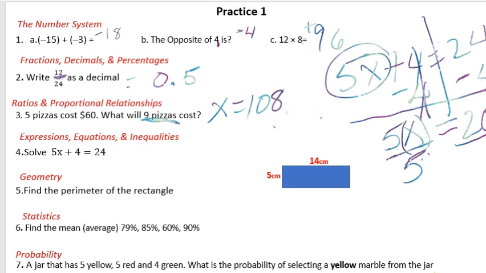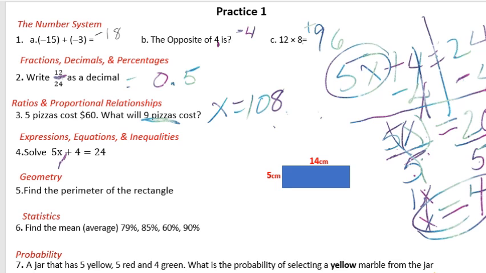Remember my other rule? Well, it's the rule for equations. Whatever you do to one side, you need to do to the other side. So this, I'm also dividing by 5. All right, 5 divided by 5 is 1. So now I have 1x, which is the same thing as just putting an x by itself. Okay, so these are the same thing. All right, so now I do 20 divided by 5, which is 4. So this x right here that we didn't know, that is 4. X equals 4. And you actually should be able to plug this x, this 4, into the x right here